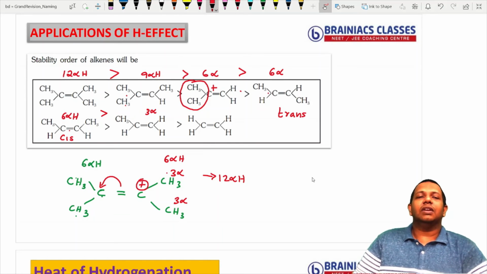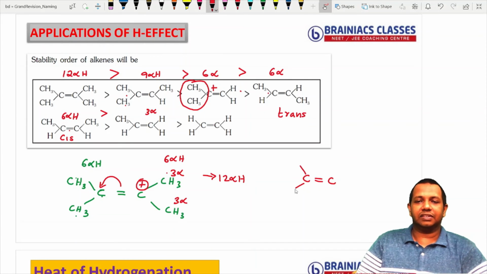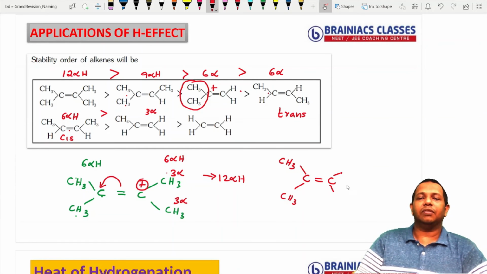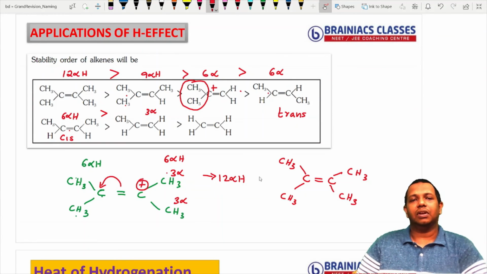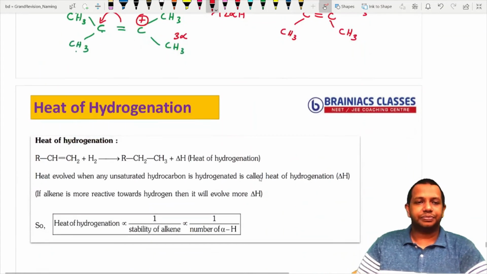So this is basically also called Zaitsev rule. Whenever you have a double bond carbon, and this carbon atom is substituted, that is, hydrogen is replaced with a methyl group, then if more substitution is there, that corresponding alkene is more stable through Zaitsev rule. That is another rule you are learning in hydrocarbons. More substituted an alkene, more stable it is.